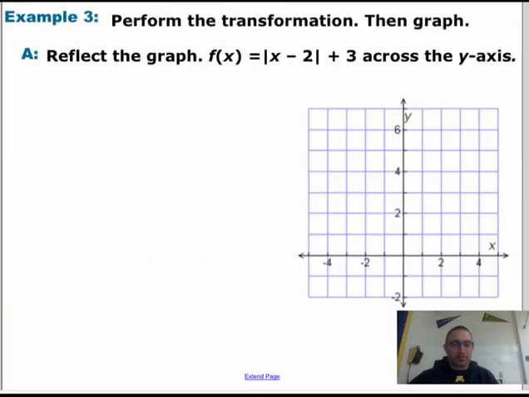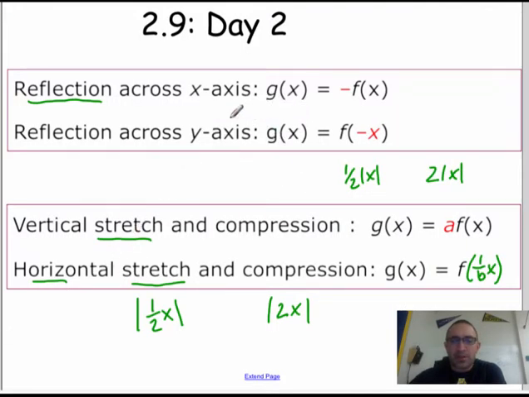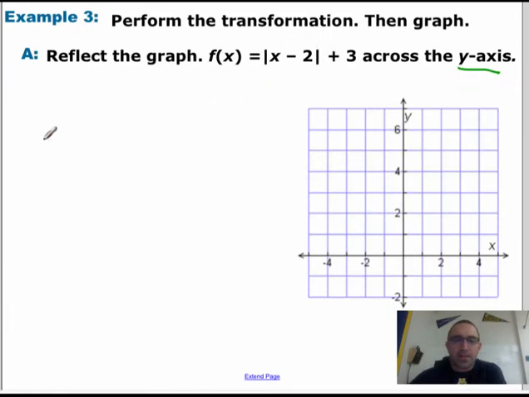All right? So let's look at some examples. This one says we're going to reflect the graph f of x equals absolute value of x minus 2 plus 3 across the y-axis. So according to our rule, if I'm reflecting across the y-axis, I'm just going to make the x negative. So my new function is going to be g of x. I'm going to make the x negative,